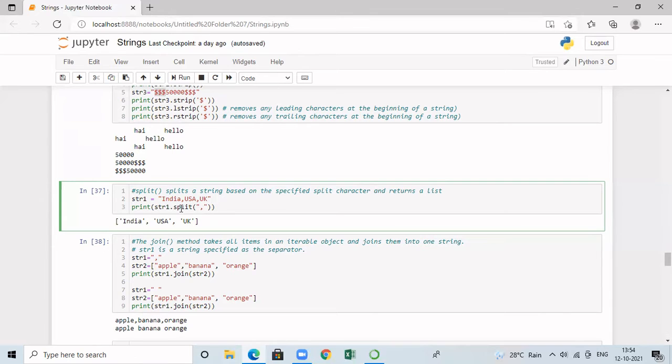So when I do that, I have to call the function split by passing what is the character to be considered for splitting. So here I am going to consider the character as comma. It is given inside double quote. And when we do that, we are getting the output as India, USA, UK. And we already know that square bracket is going to specify that it is a list.